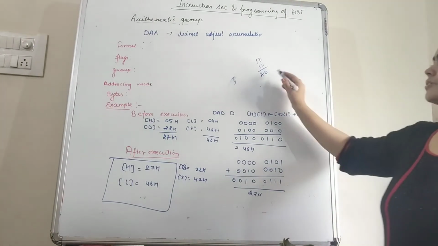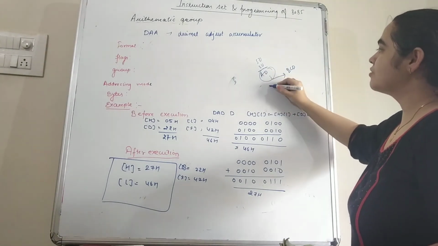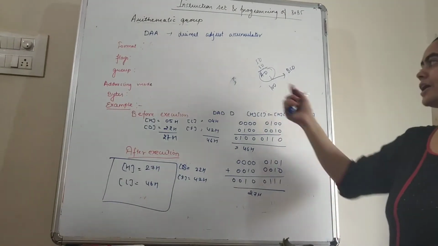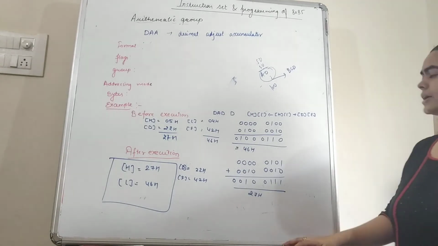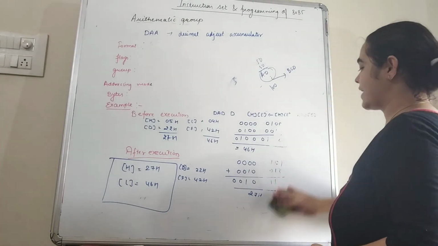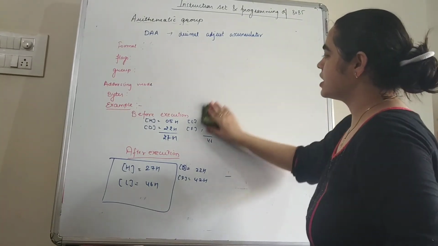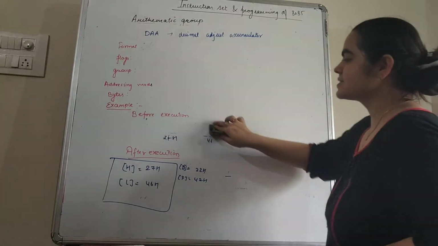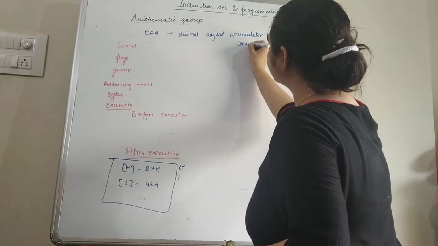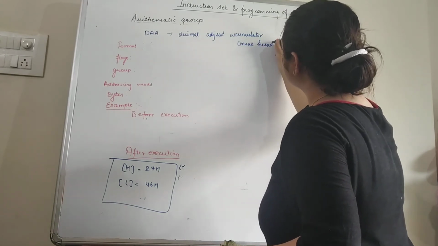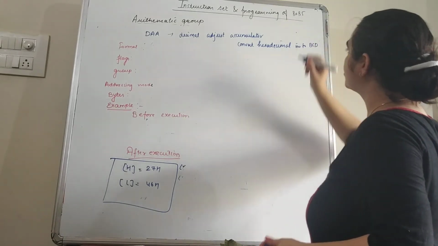So that means we have to convert this number into the BCD code. That means this number we have to convert into 100. So it can be read by any layman also, that is not aware about the hexadecimal code. For that we can use the decimal adjust accumulator to convert the hexadecimal number into the BCD code, that means binary coded decimal.